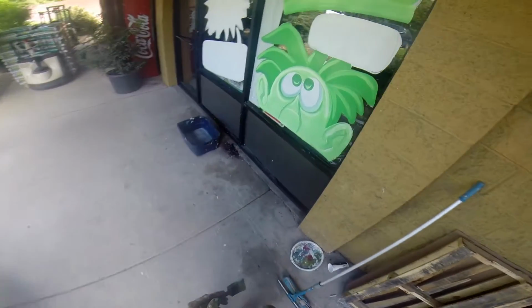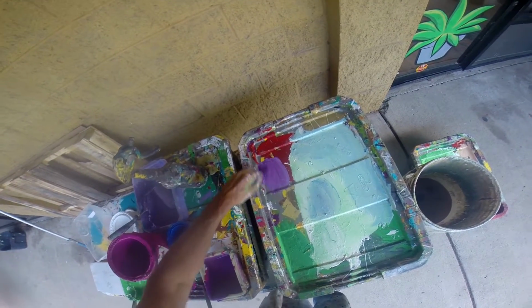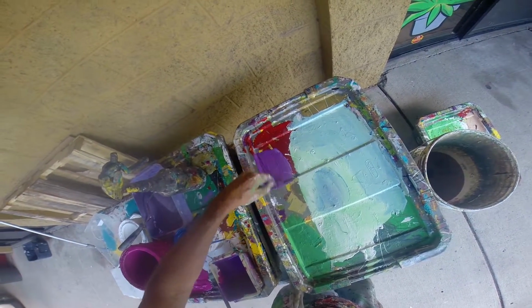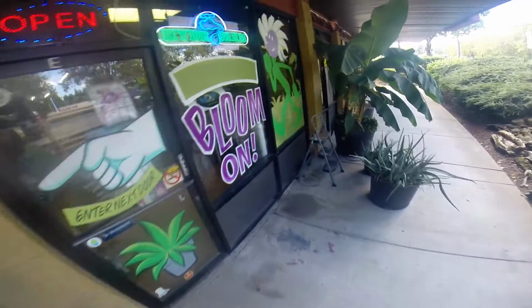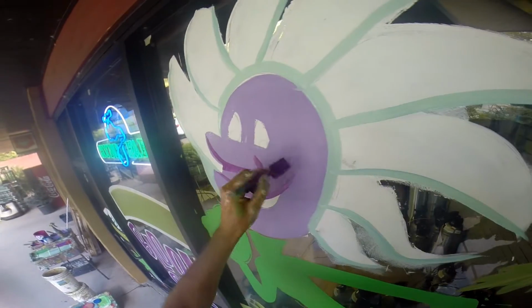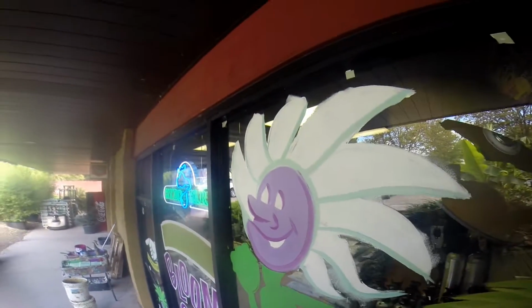Cool. And I use the same color over here for the shadow on his eyes. He's going to be cool, and he's so simple. I'm going to take this dark purple color that I used to paint in Bloom, Get Your Bloom On, and I'm going to mix it with just a little bit of the face color of the flower. Come up with a color that's not quite as dark as the lettering color, but great for the shadow. Okay, so now I'm going to go up to his face and do this. And then